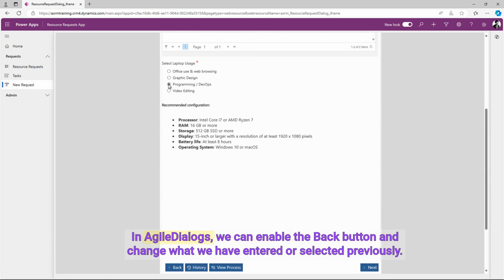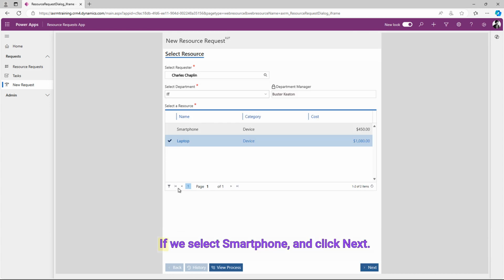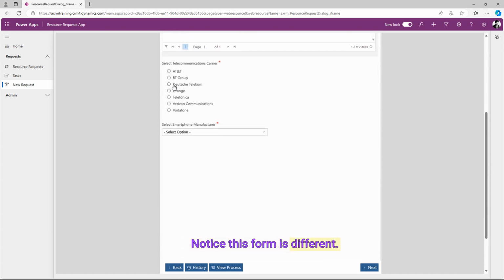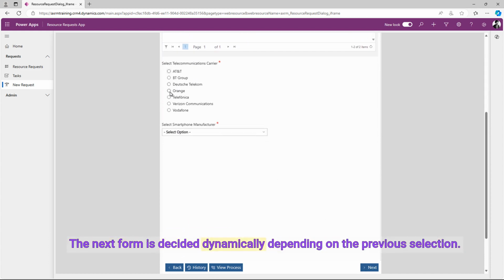In AgileDialogs, we can enable the back button and change what we have entered or selected previously. If we select Smartphone and click Next, notice this form is different. The next form is decided dynamically depending on the